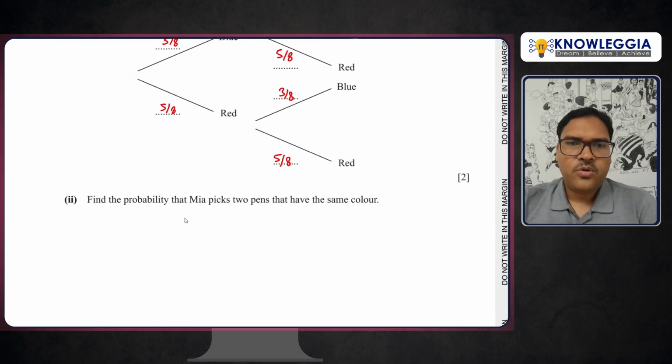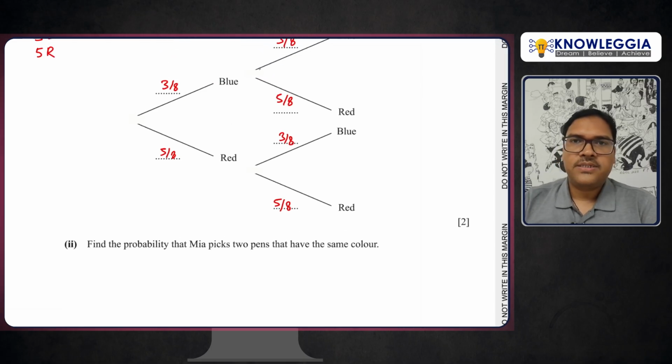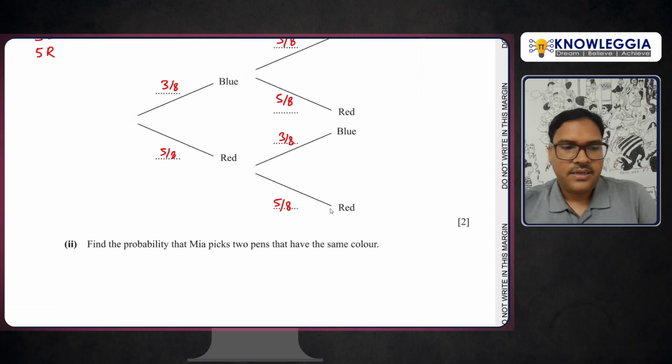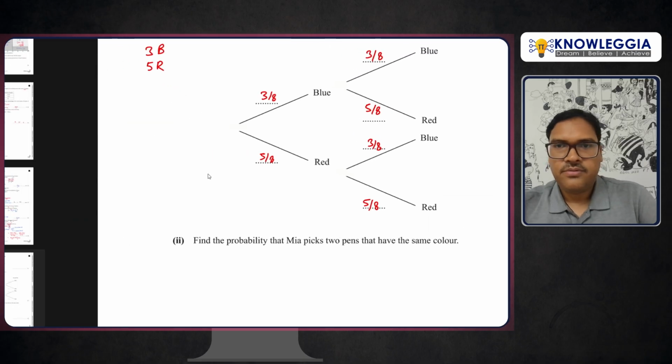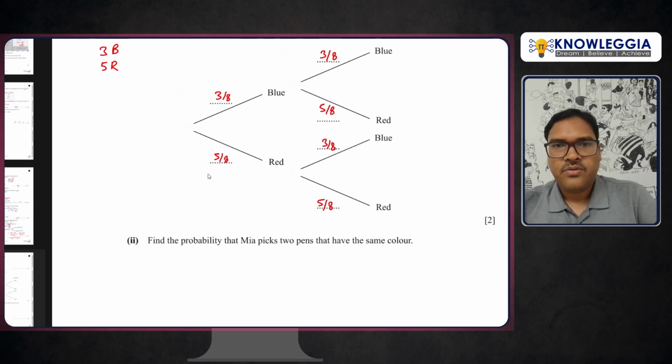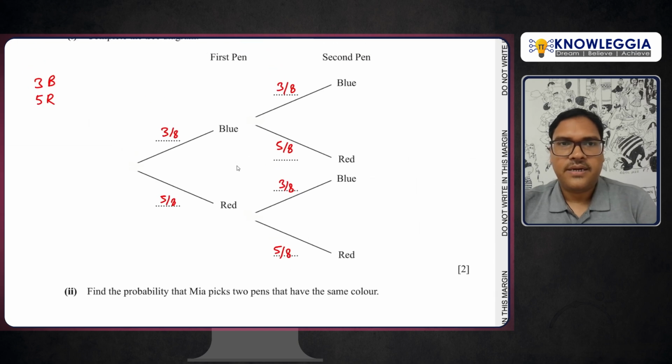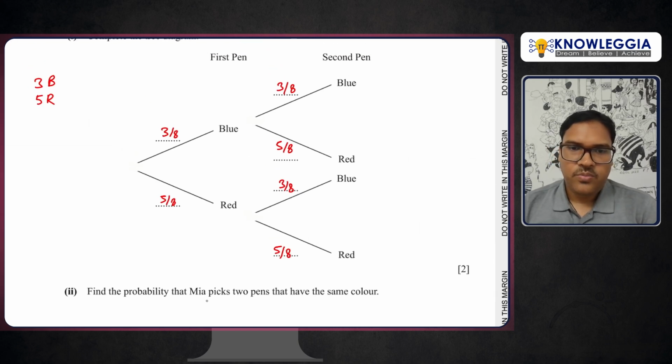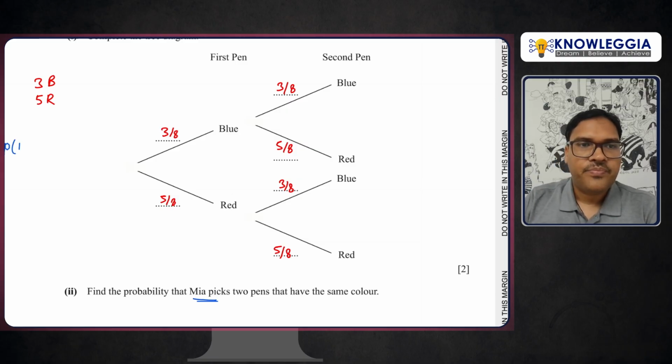Now, find the probability that Mia picks two pens that have the same color. So what is the probability that she is picking the same color? You can clearly see in the diagram also what is the probability of drawing red and red. So the same colors: blue blue. So what is the probability of drawing blue and blue plus the probability of drawing red and red? You can see this is 3 by 8 into 3 by 8